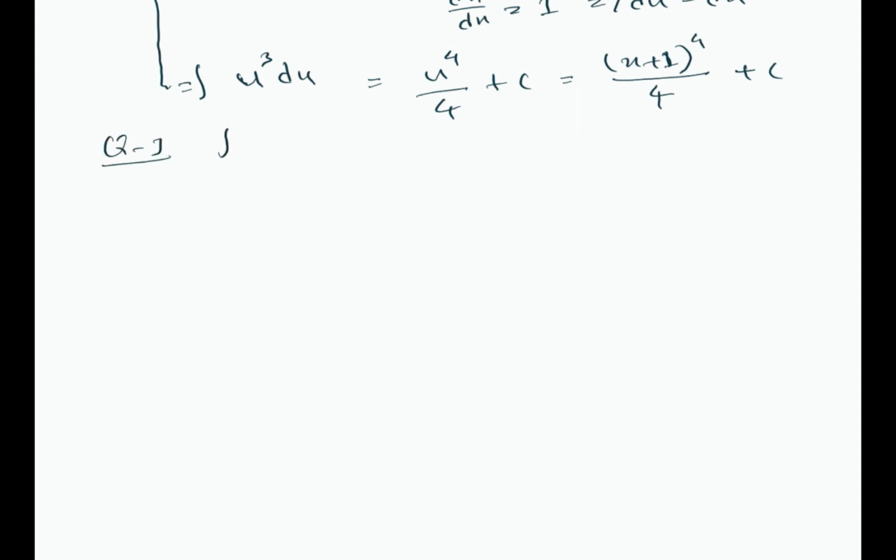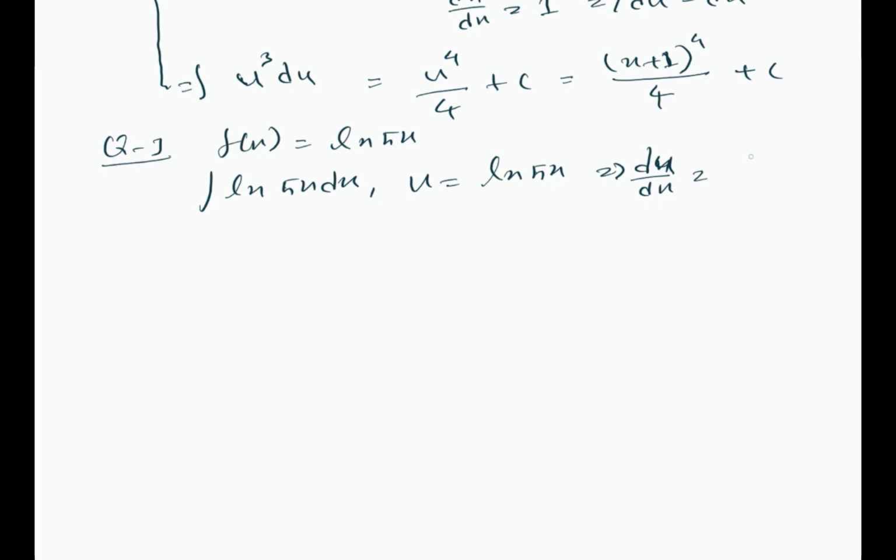For question 3 we have a function f of x equal to ln of 5x. So the integral of this function, ln of 5x. Now we need to choose our appropriate integration technique. So let's start with integration by parts as usual. Take u equal to ln of 5x, then du dx is equal to the derivative of ln of 5x, using